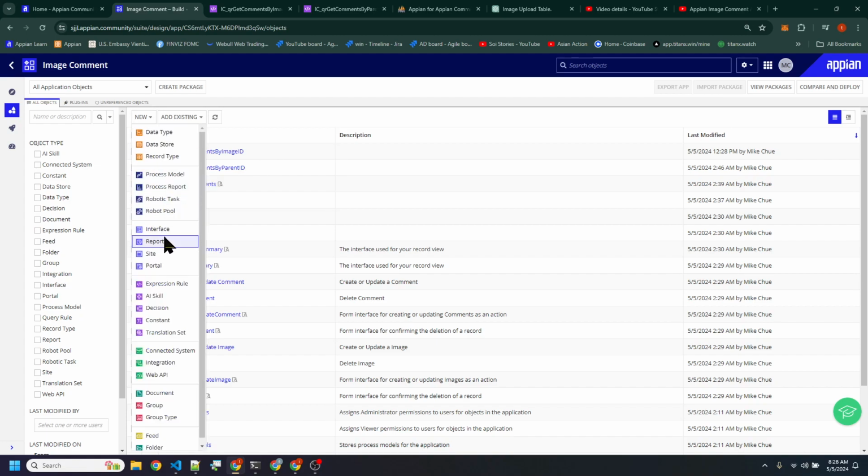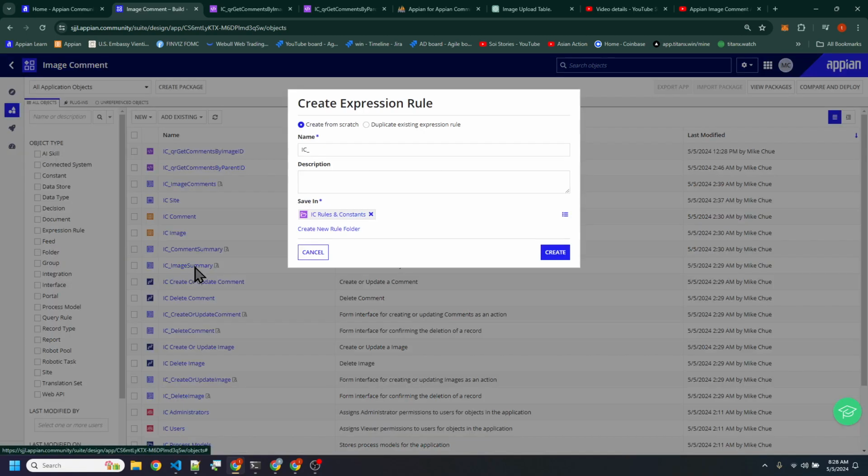So we need to be able to query the record for the image as well. So I'm going to build a query, get image by ID. Right.